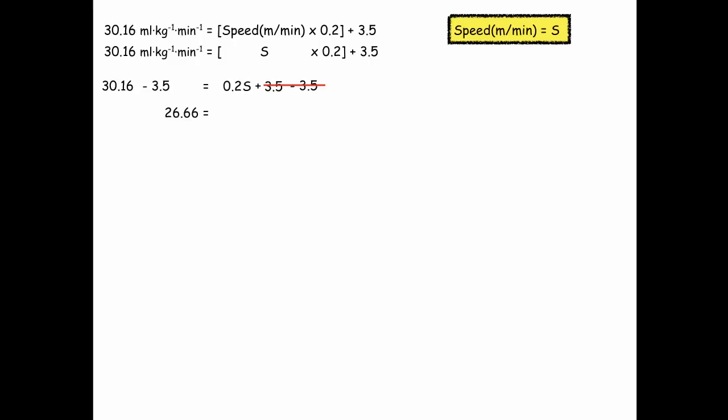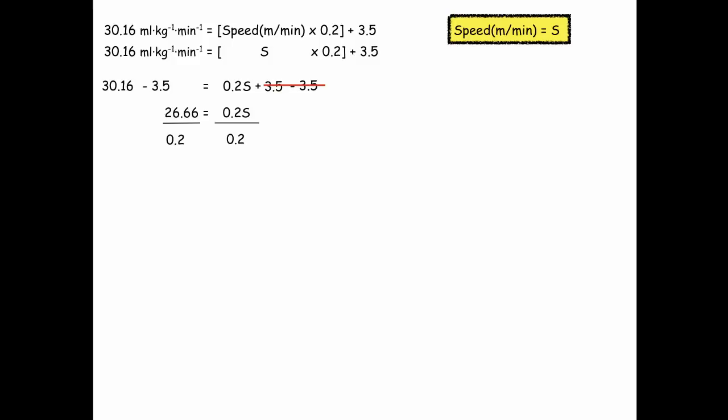So I can rewrite this. 30.16 minus 3.5 is equal to 26.66. And because 3.5 minus 3.5 is 0, that's going to be equal to 0.2S. I have to do one more step to further isolate S. If I divide both sides by 0.2,